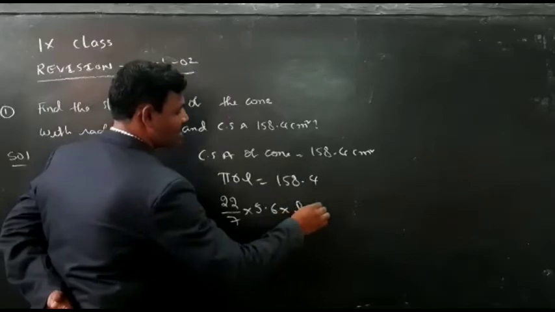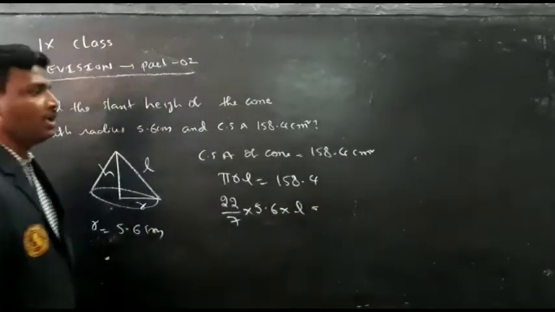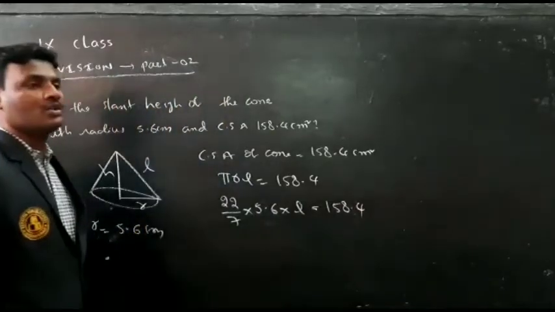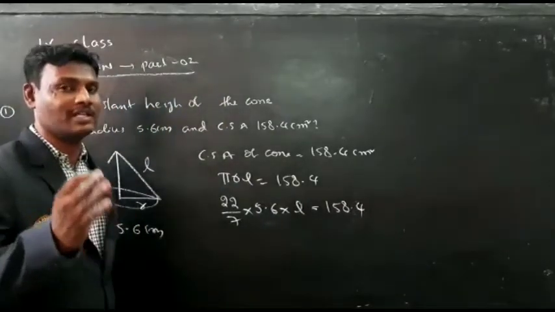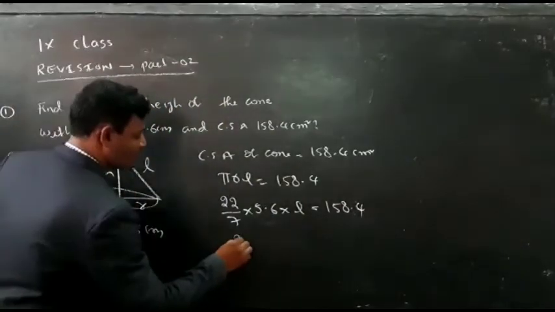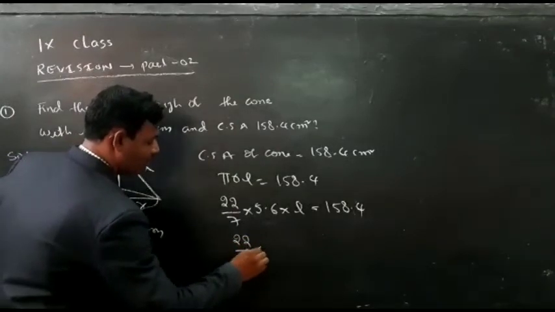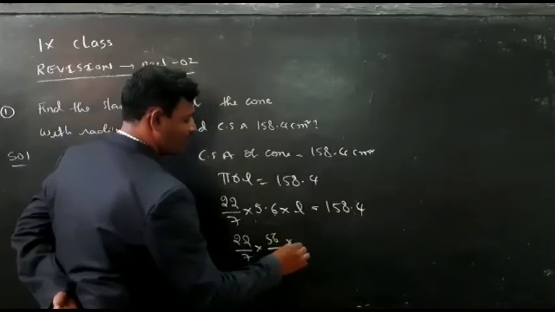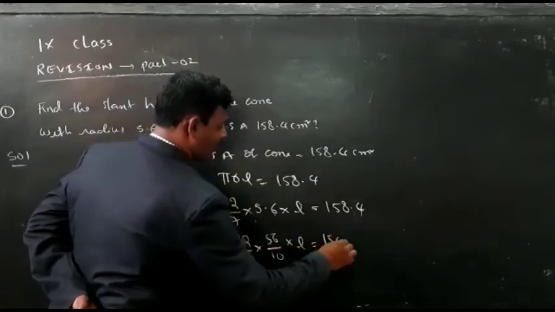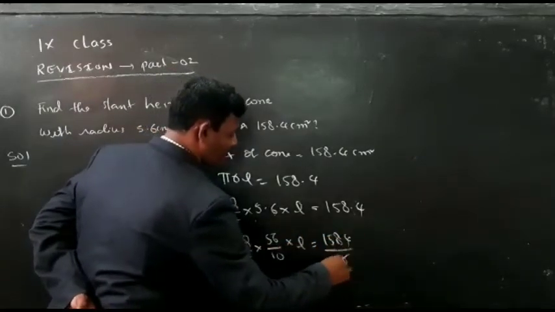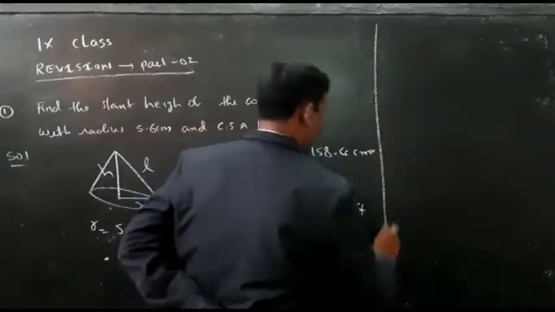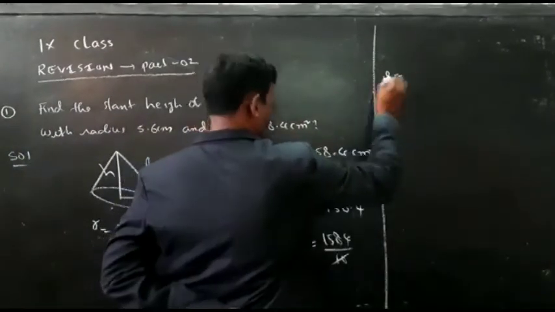Into L, which means slant height, I don't know, is equal to 158.4. So decimals I am going to convert into fractions. 22/7 into 5.6, you can write 56/10, into L is equal to 1584/10. Here 10 and 10 cancel. Now I need the value of L. L is equal to